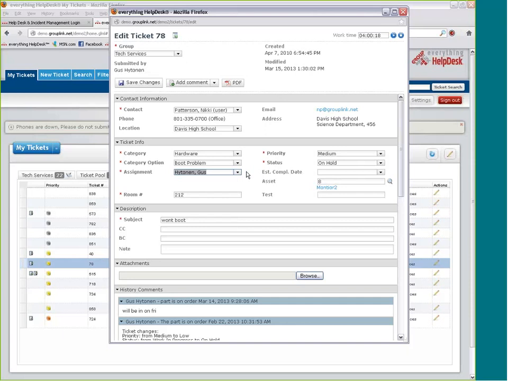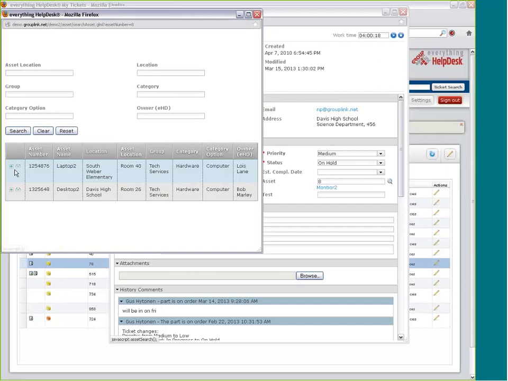I'm not going to really get too in-depth into assets today. Just know that we have the ability to track your assets. Kind of two main reasons we do that. Number one, to store asset information, and number two is to tie problems to assets. For instance, if I want to come in here,